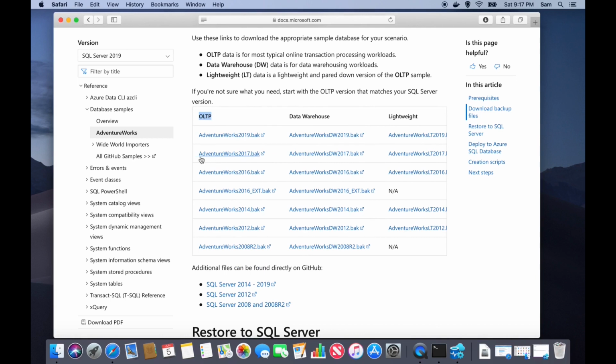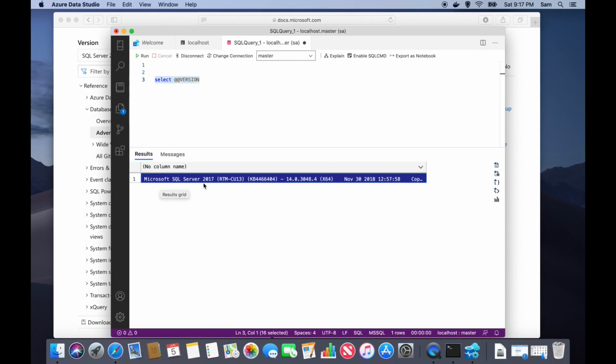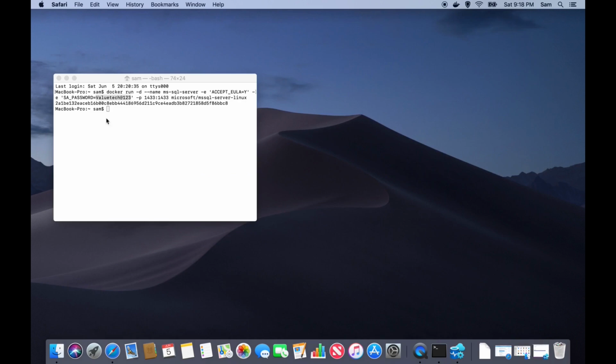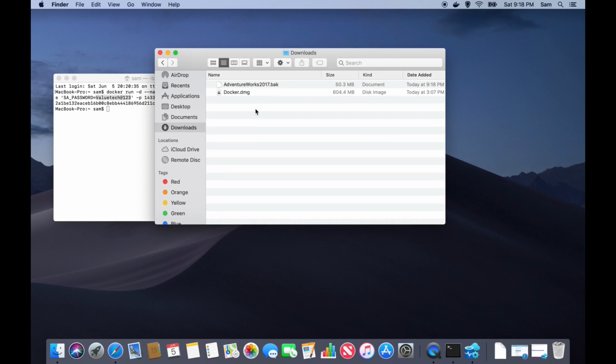you can see the AdventureWorks2017.bak. This is the file you need to download. This is because the version that you installed on your Mac is SQL Server 2017, so the sample AdventureWorks database you're going to download is the 2017 one. Once you click that, you can see the file getting downloaded. Since you don't have any user database with the SQL Server, you need this particular database to practice your SQL queries on your Mac, and for learning SQL Server. You can see the file in the download section. It got downloaded.